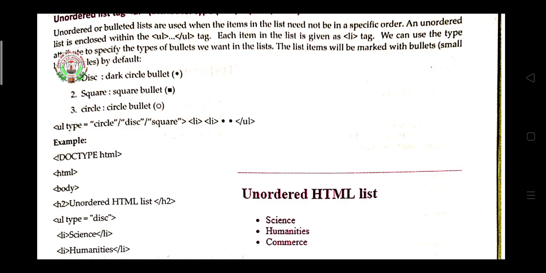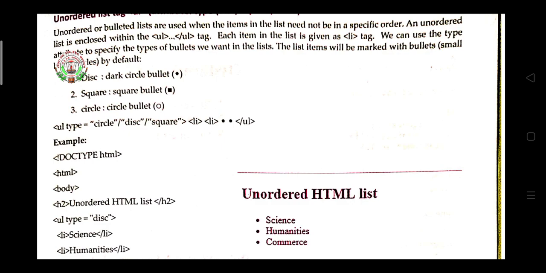Any one you have to choose, not all three. Then close the angular bracket, and then li is used to write the list. List means, suppose you are writing science, maths, commerce. With the help of the li tag you can write the list of your contents.